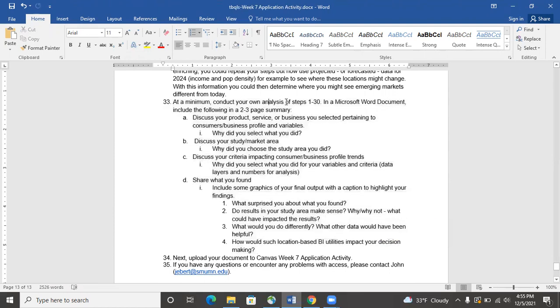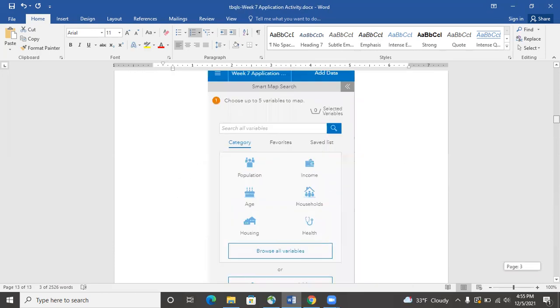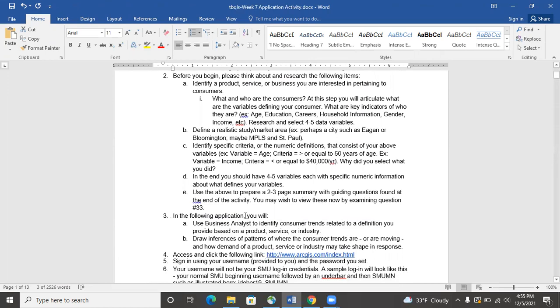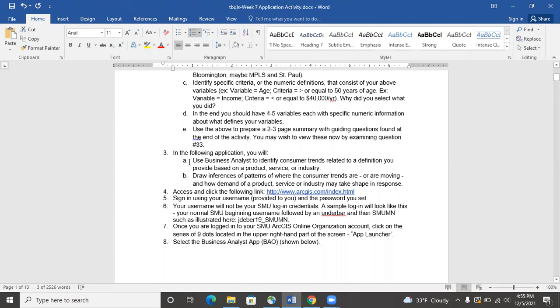And you don't have to do every step 1 through 30 here. That's not the point. I'm just showing you that there are different considerations in here that I'm using in this little demonstration for you. So with that being said, you may pause the video or go on your own, or you may stick around and hang out with me, and I'll step you through this as briefly and succinctly as I can. So to first begin, let's go ahead and log into arcgis.com that you've been used to before,